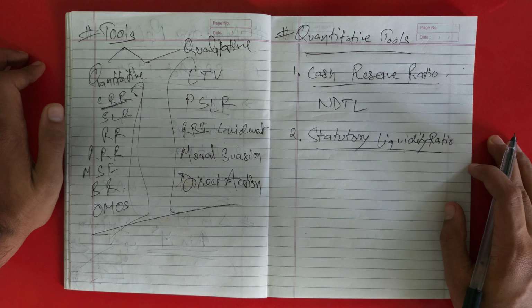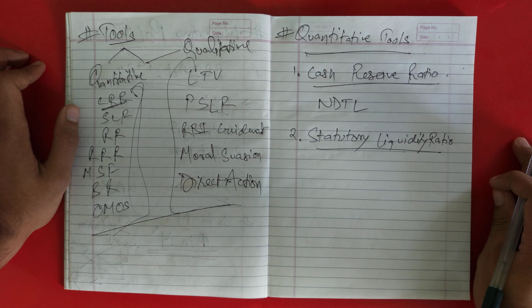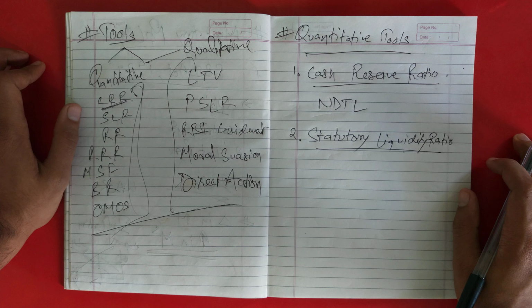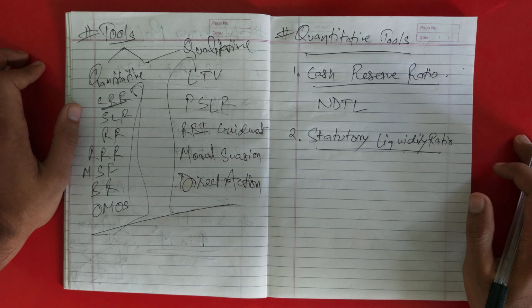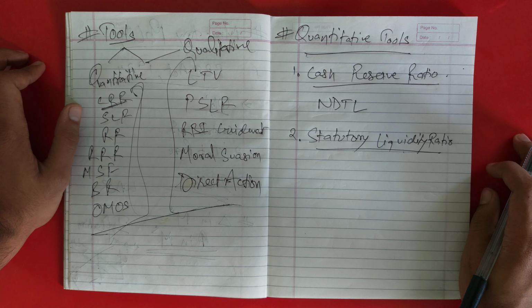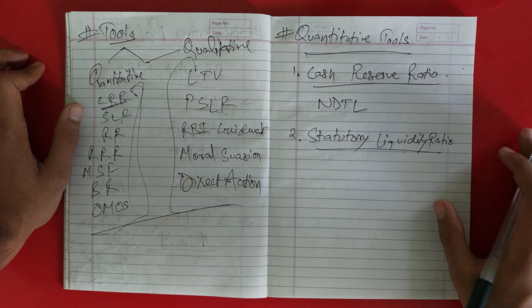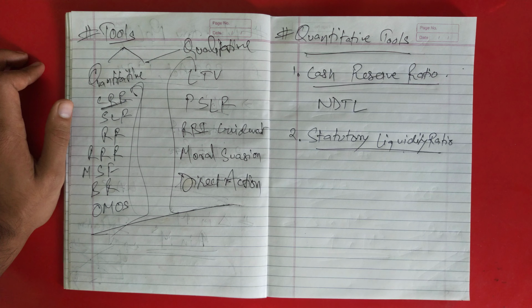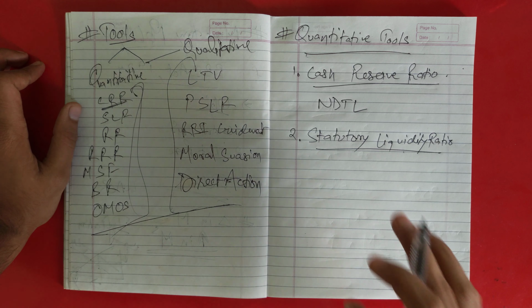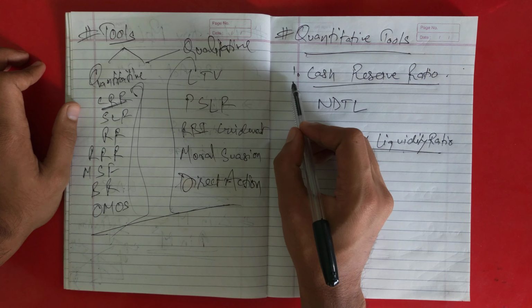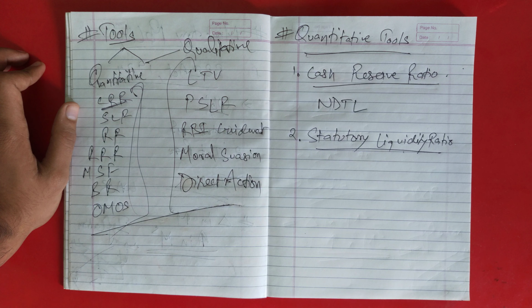In other words, it is nothing but the share of NDTL that banks shall maintain in safe and liquid assets such as unencumbered government securities, cash, and gold. Change in SLR often influences the availability of resources in the banking system for lending to the private sector. Okay, and your homework today is to find out their current ratios. It will hardly take 5 seconds. Okay, third is